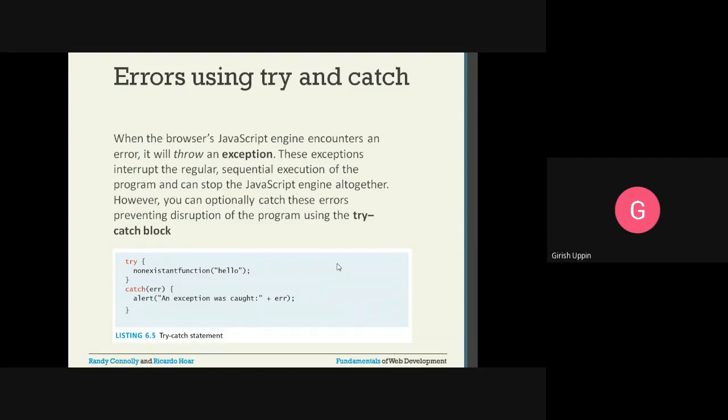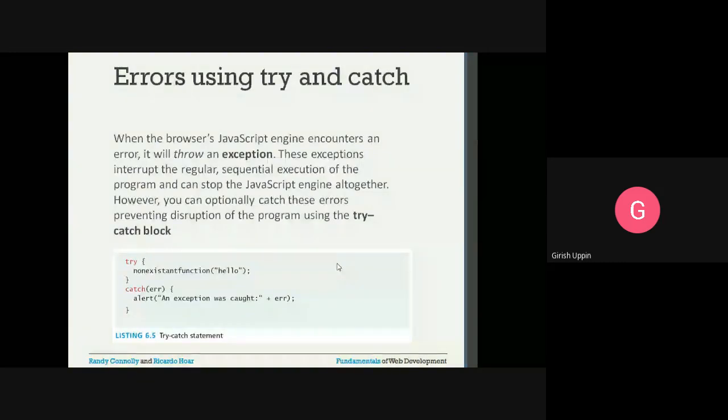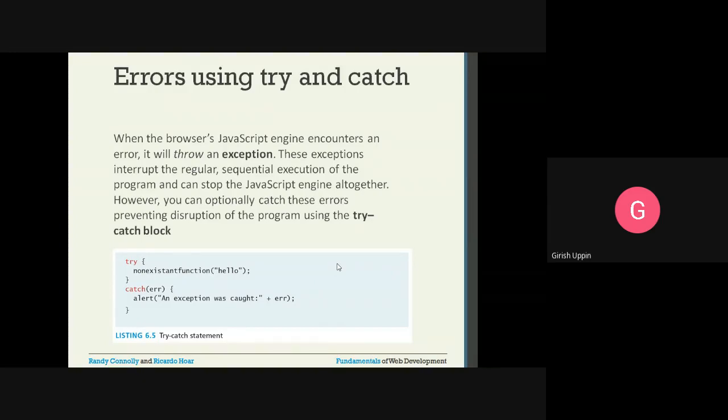So that's why whenever you are writing code, you should have a try block, and you should anticipate what kind of issues can happen, and accordingly handle a specific exception. And if you are not aware of specific exceptions, then you can catch the generic exception and provide a generic solution.